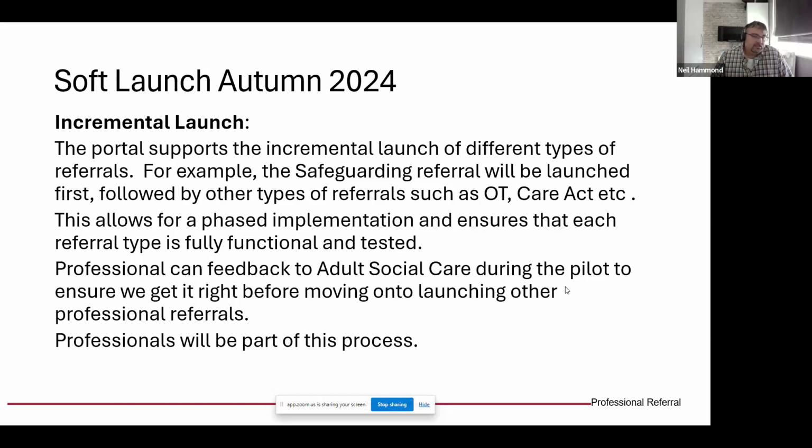So we make sure everything is correct and working for you, who will be the people using it, and also that the communication between our systems is working appropriately as well. So again, we'd love you to be part of that process, and I think that will mean there'll be a very successful form once it's been launched and we're at the end of the pilot.